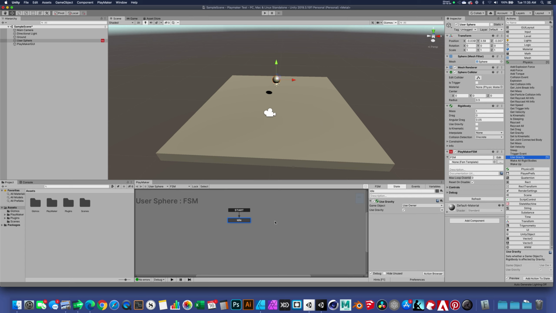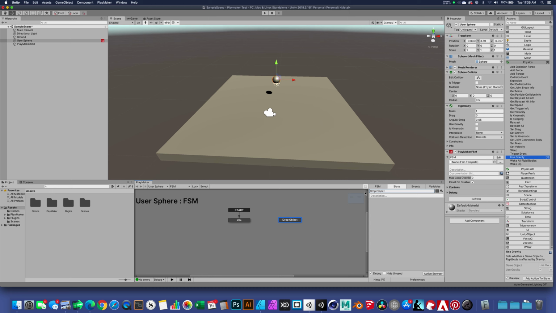I'm going to right-click and add a state. So I'm right-clicking over here in the gray workspace of the Playmaker editor window, and I'm choosing to add a second state. This state is now selected, and I'm going to call this, maybe I'll call it drop object, or I could call it